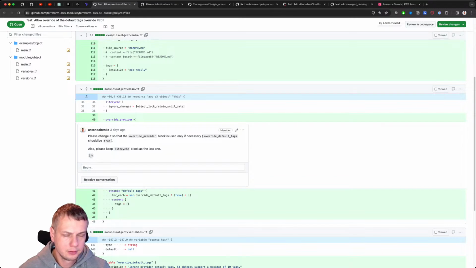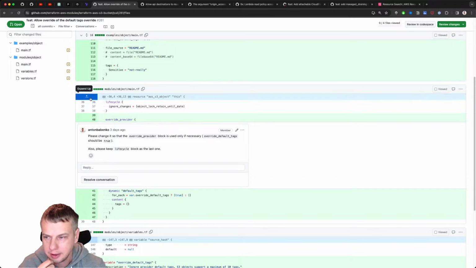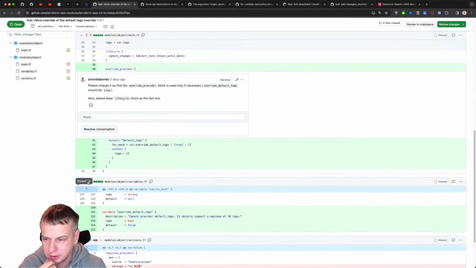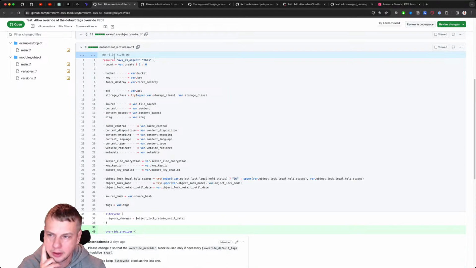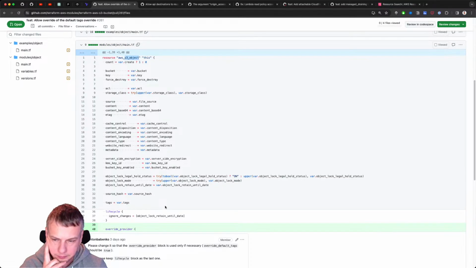If we use a Terraform provider block and we specify default tags there, then these tags will be merged with the rest of the tags, right? And if we look into this module and expand it a little bit further, this module's objective is just to create an S3 object with a bunch of different properties.